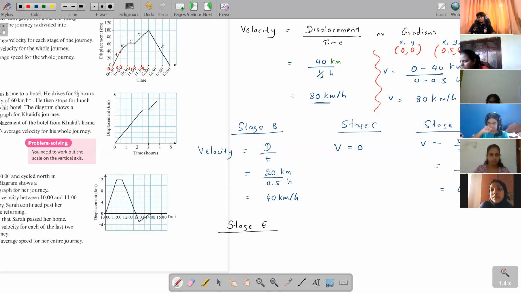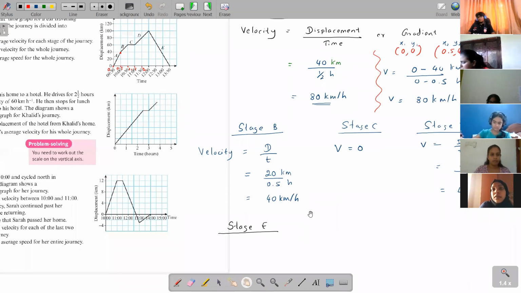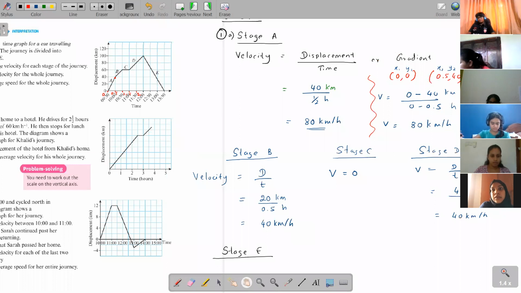It's like this, children. Now when you see this straight line here, look at stage E. What do you understand in the real world context? What does this stage E mean? Now stage A is what? In stage A, you are starting from your starting point and you are moving at 80 kilometers per hour. You are going front until you come to a displacement of 40. Then B to C, what happens? You are going at a reduced speed of 40 kilometers per hour until you come to a displacement of 60.